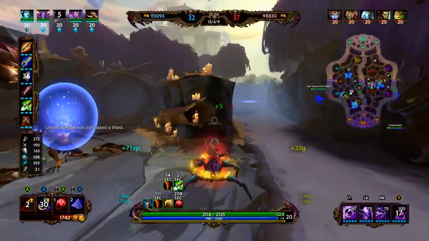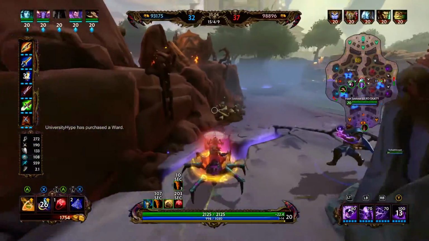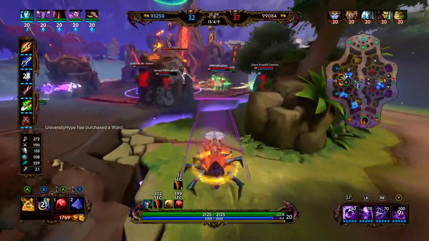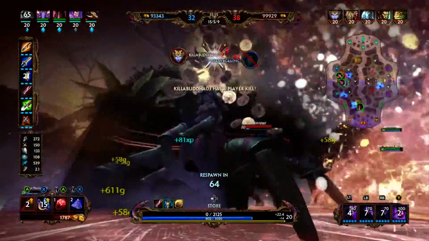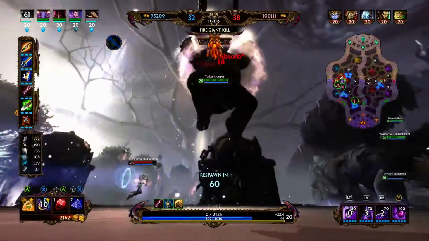Looks like they are making a play for Fire Giant. We do not have our ultimate this time, so we cannot just use that to get the steal. We're going to try to stick to this character. A whole lot of things are happening. My health is disappearing, and if you can tell me everything that happened in that 2-second clip, props to you,